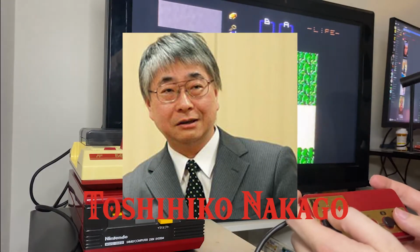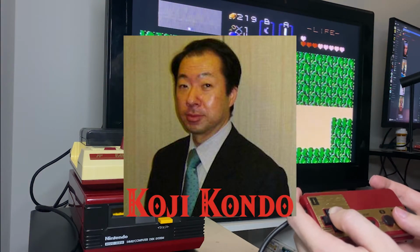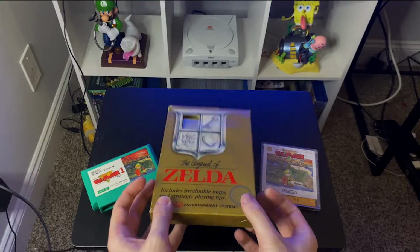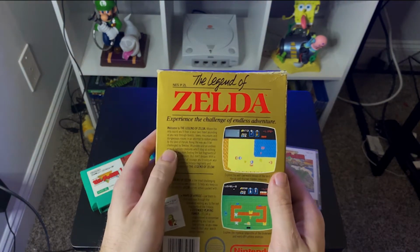And Toshihiko Nagako was the main programmer for the game, and of course Koji Kondo was the sound composer for the game, and he would go on to do sound composing for each Zelda game after this, up until Breath of the Wild actually. So flipping over the box, we actually have a fairly nice back with The Legend of